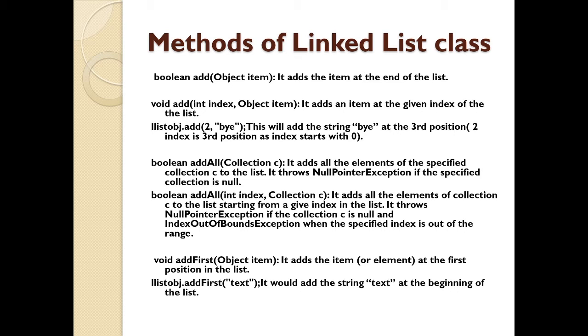Now, when we have created the linked list, I need to add some elements to it. So our first method will be to add the element. When you're adding the element, I need to pass an object item to the linked list. So I'm going to pass the parameter which I have to add. This add method is going to return a boolean value. That means if this particular item object is added to the linked list, it will return true. If by any chance or any exception it is not able to add, then it is going to return false. So your return type is boolean. Based on that, we are going to add the elements in the linked list.